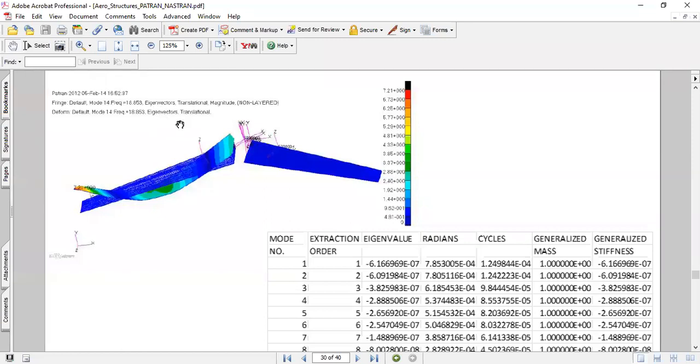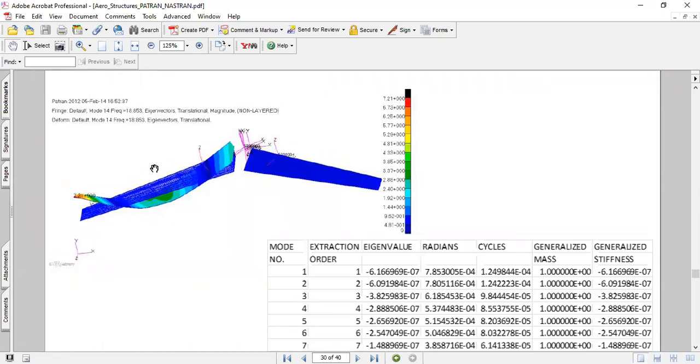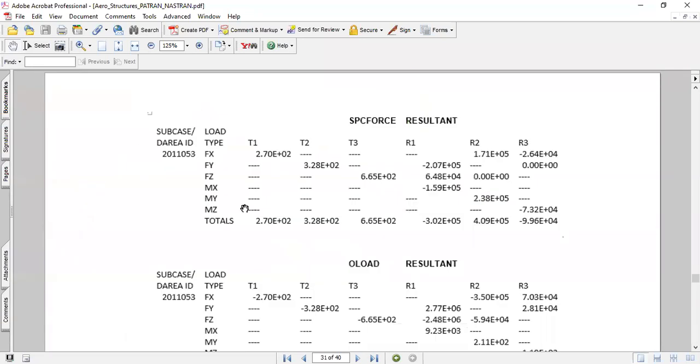Eigenvectors give the deflected shape, and eigenvalues give the values of the mode shape.